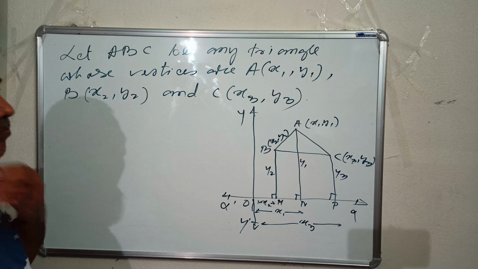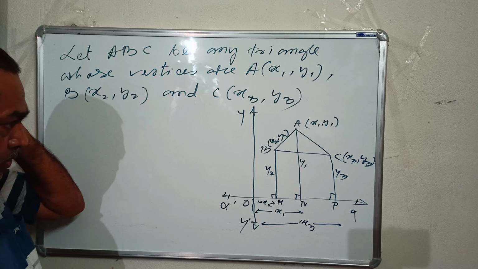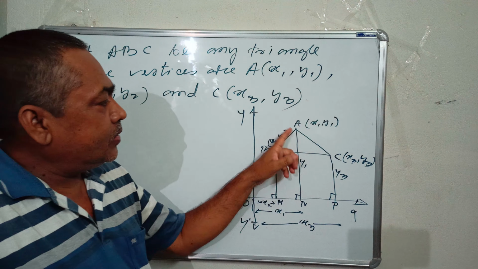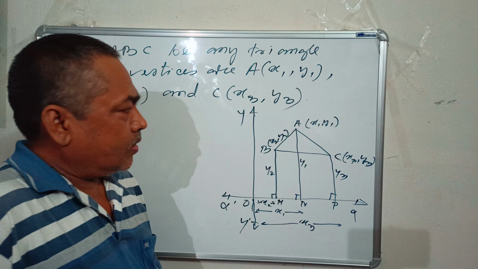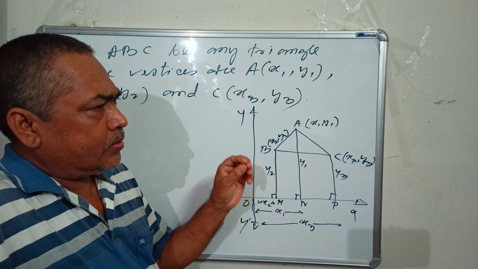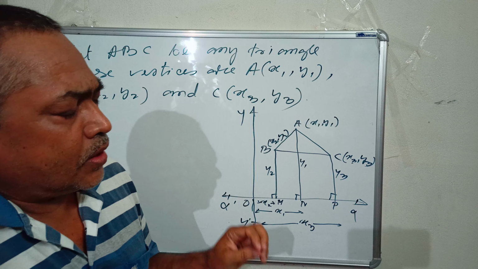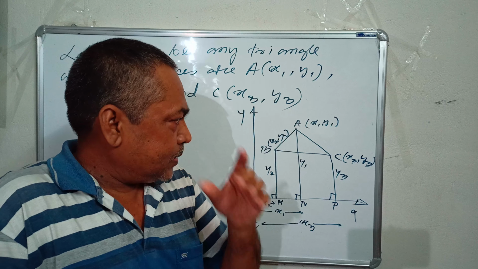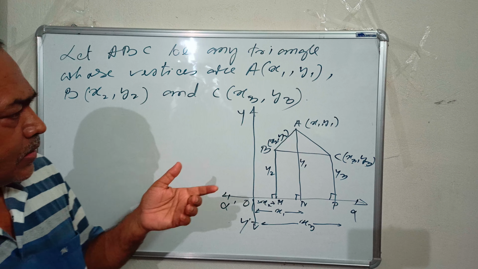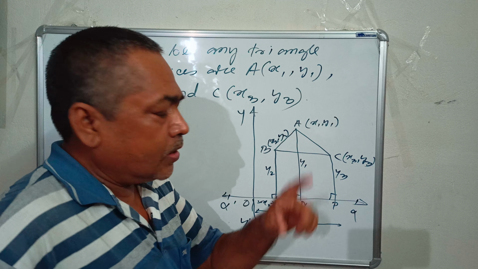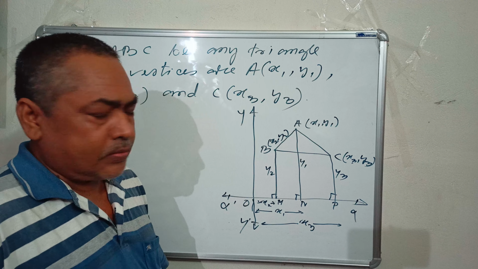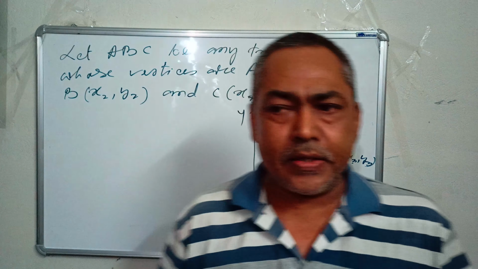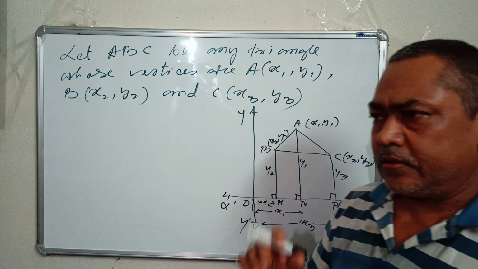Okay, here you are going to learn another formula to find the area of a triangle. The first formula that you learned is half into base into height. And the second, in class 9, you learned Heron's formula, how to find the area of the triangle when you know the three sides of the triangle, then square root